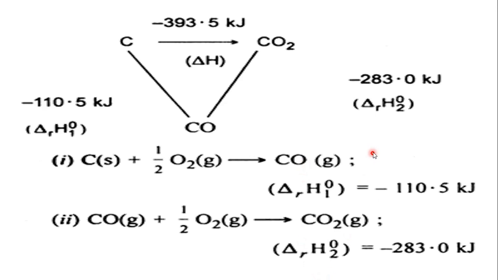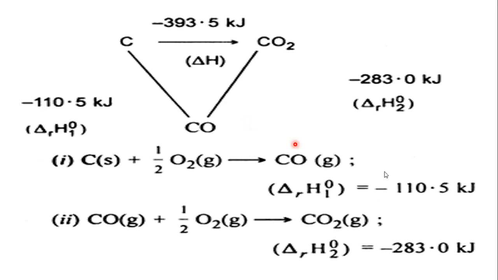Now, if you add the enthalpy changes in individual steps, then it is equal to how much? Minus 393.5 kilojoules. That means the overall enthalpy change during the reaction is the same whether the reaction is carried out in a single step or in a number of steps. That means the overall enthalpy change of the reaction is the same, and it is equal to the sum of enthalpy changes in